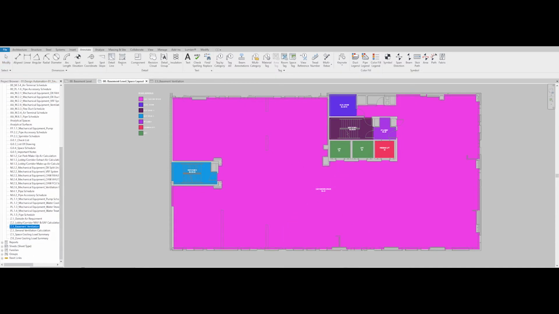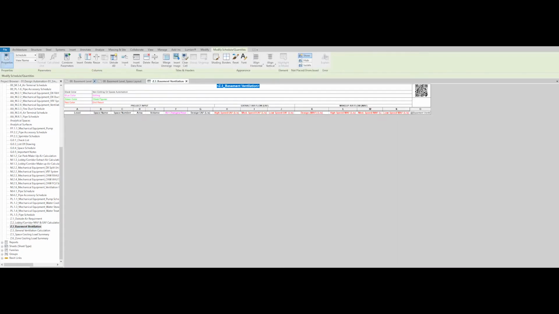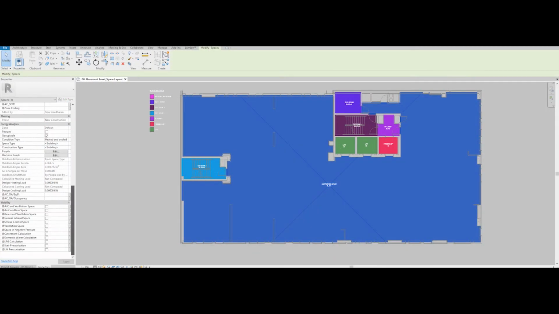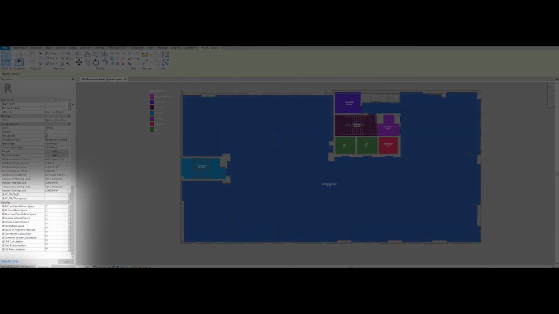This is my calculation template, which doesn't have any input as of now, and I'm going to show how the process of automation is going to work here. Before starting the automation, I just want to introduce some check marks which are created inside the property panel. These check marks are selected as per the space and what exact calculation we need, and we'll get the automatic result. It's a very easy and smart way of getting an accurate result.